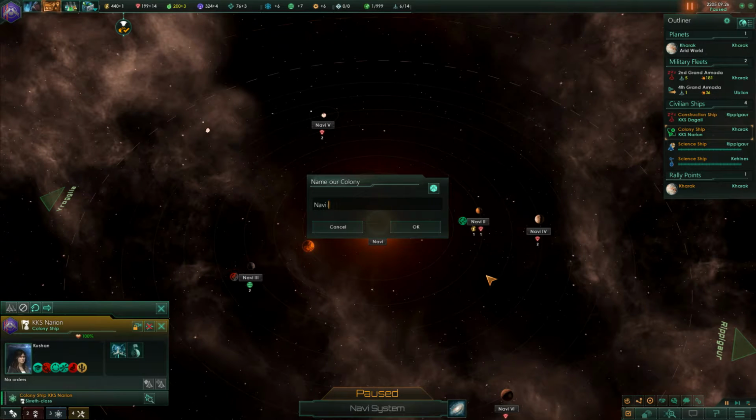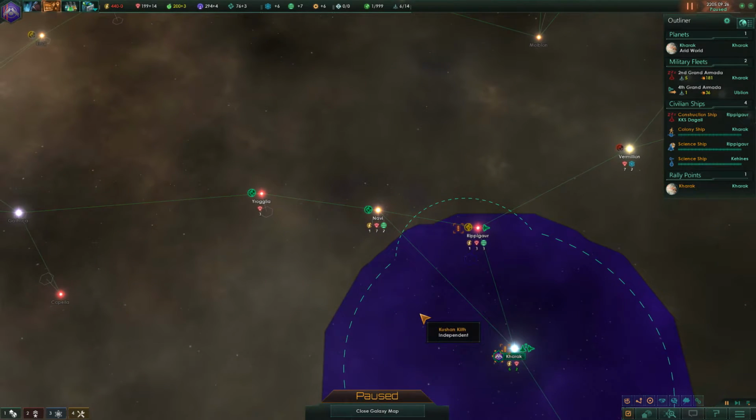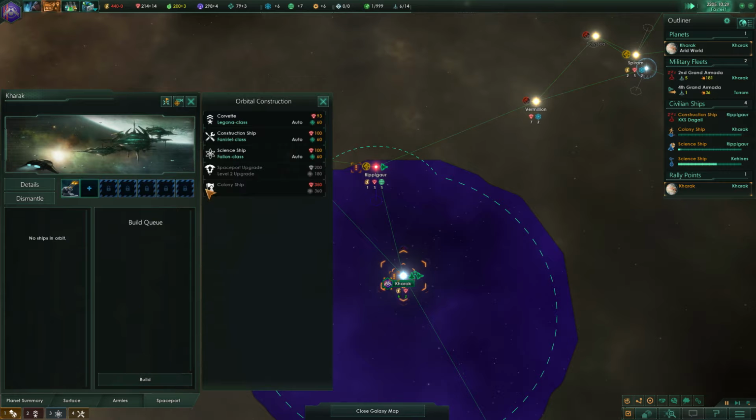Navi Prime. We're going to go with Navi Prime. I don't know. We'll go with my favorite ship, Cleveland. And there we go. Once that starts getting built, our money goes to pot. So, all right, now what we want to do...